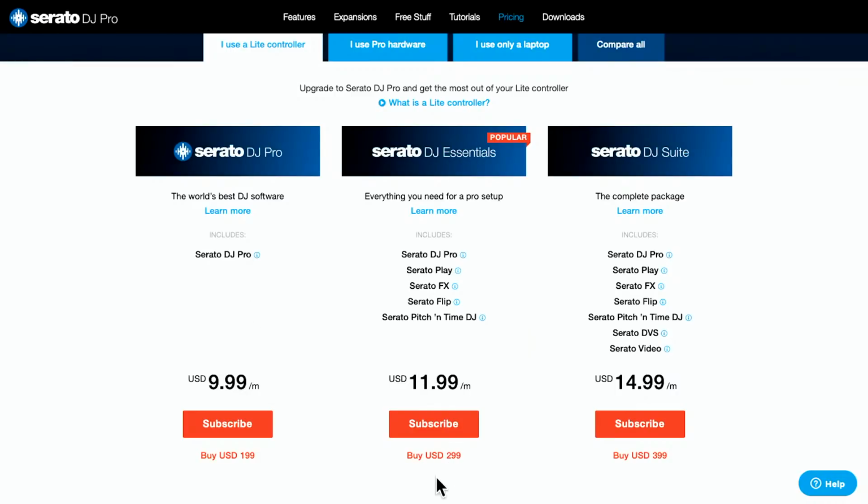The one you want is $299 or $11.99 a month. This is the one that gets you Serato Play. That means you can use it without a controller if you want. Serato Effects, of course you want the effects. Flip, which is pretty cool, but pitch and time is something that really should be with all DJ software, certainly